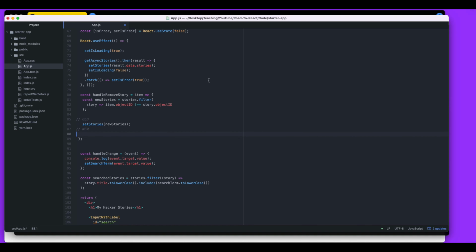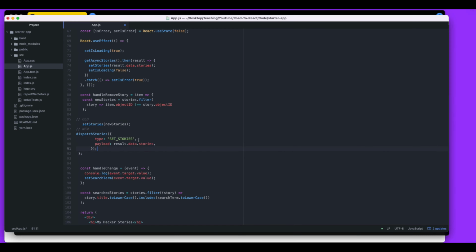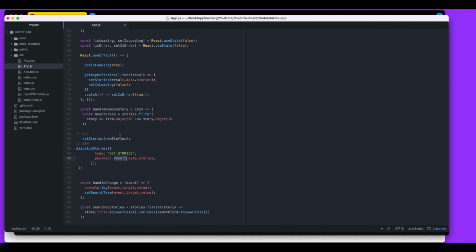Okay, so the new way of doing it is we're going to call a function called dispatch stories, and we provide the type, which in this case is that we're trying to set the stories, and the payload, which is just, remember where I'm doing this. I'm doing this in